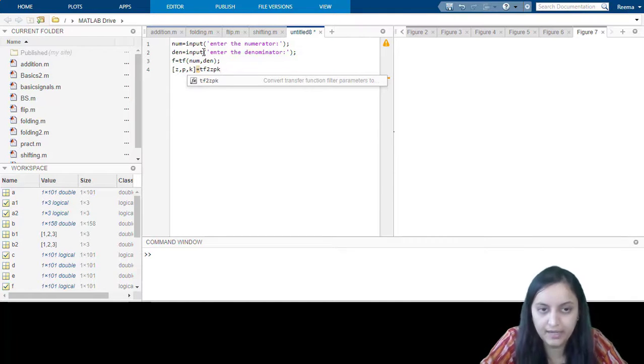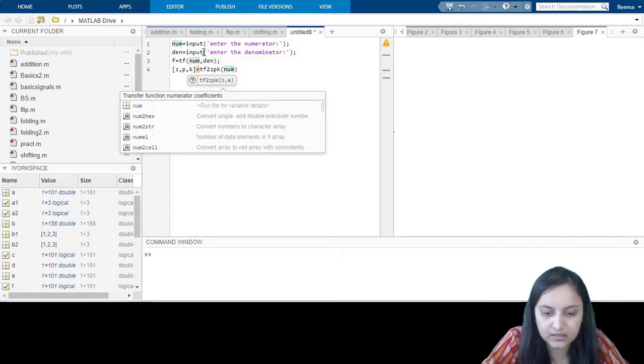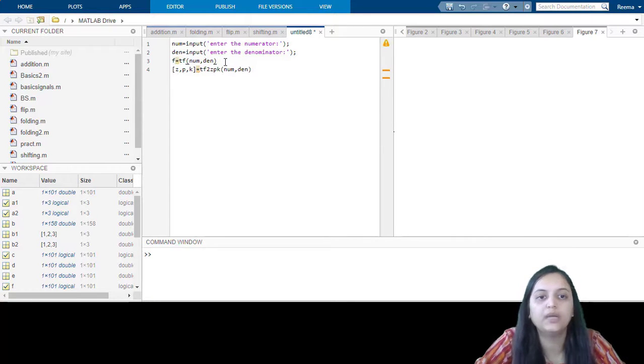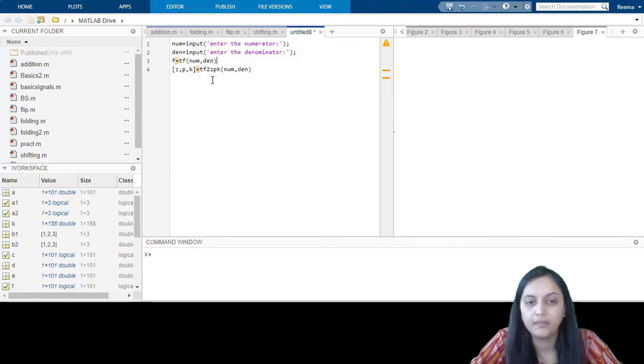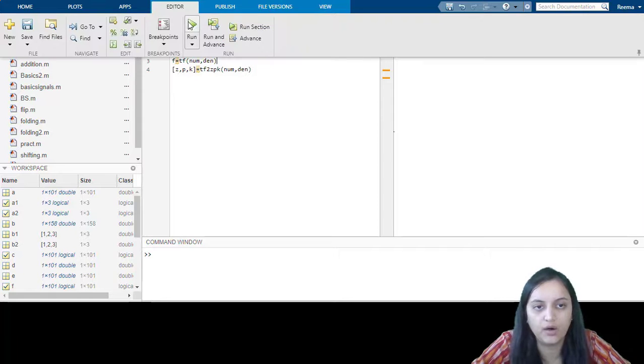We want to obtain that. So over here the syntax is like this. That means we need to obtain the transfer function from the user and we need to obtain the zeros and poles from MATLAB. So this function is used. Let us see how it will generate the output.